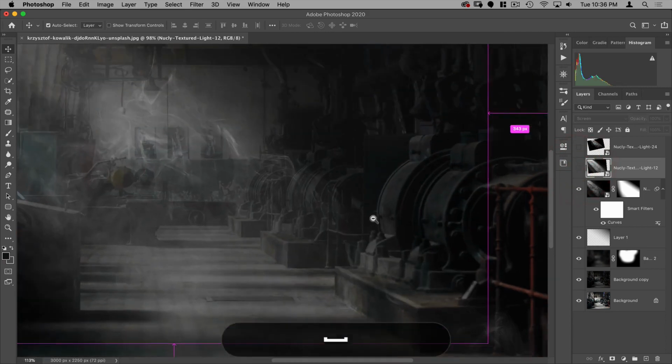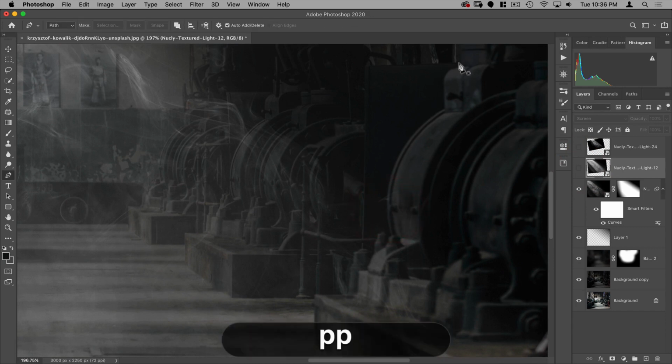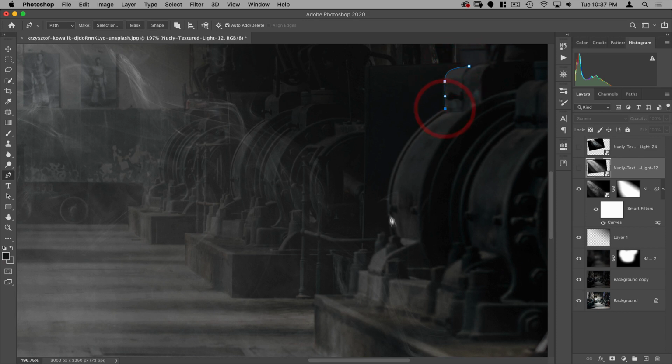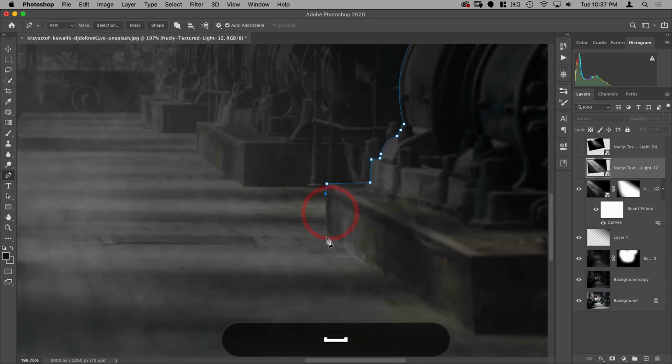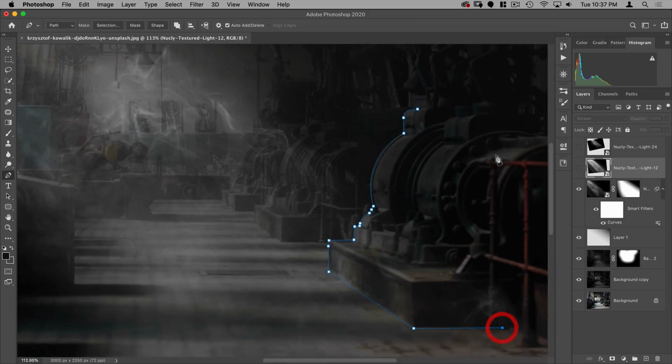And what I might want to do is put it behind this object here. So if I turn this off temporarily, I can do a quick selection, or a pen. Using my pen tool, I can make a quick selection of this. I'm just going to go right in here like this. The reason I'm using a pen tool here is because there's a lot of curves here, and this is just the easiest way to quickly get nice curves in Photoshop. And anytime you can make your atmosphere interact with the environment, it's going to make your final product look more realistic, just as a general rule.